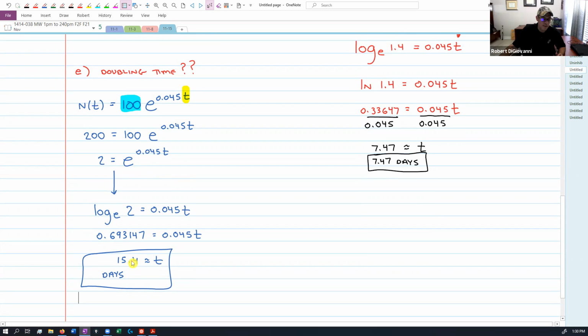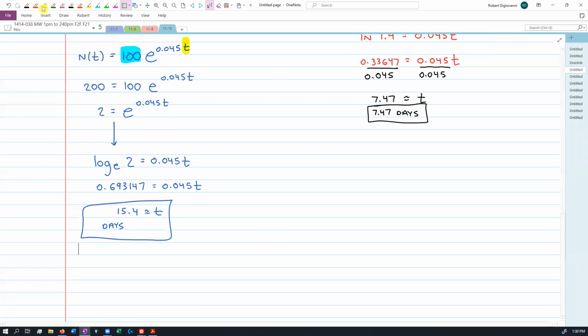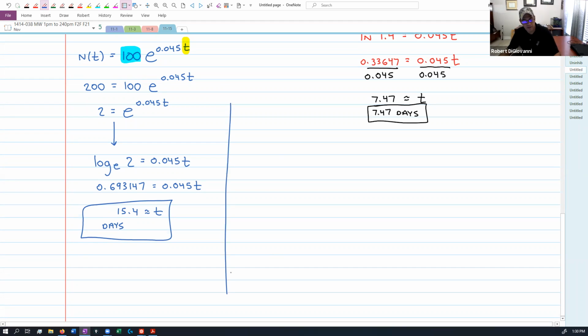Okay, so let's see. What do y'all think, everyone? To go from 100 to 200 takes 15.4 days. How about to go from 100 to 400? Do you think it would be twice as much as this? Do you think it'll be 30.8 days? We could do it real easily, right? We could just say, hey, 400